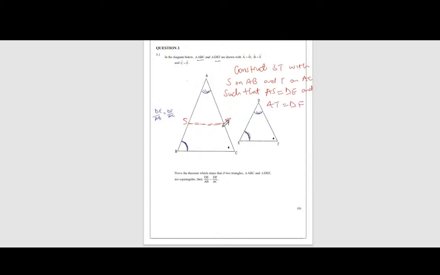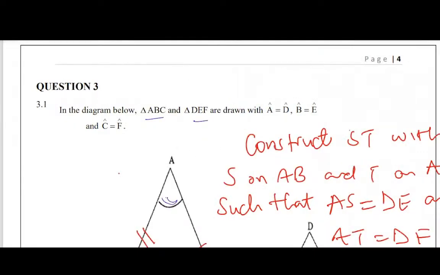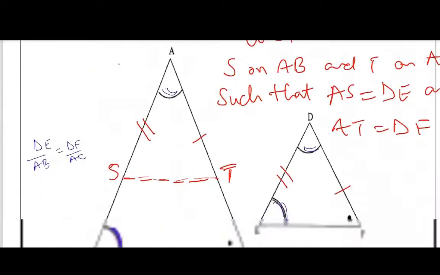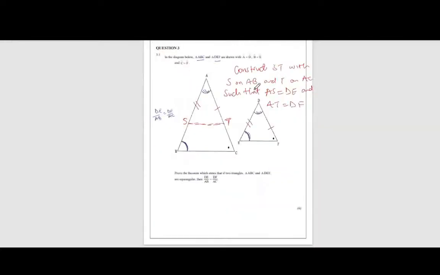Then if the construction has been made, and remember our condition, we are saying this must be the same as this, and then this has to be the same as that. So we go down and say that from the triangle,